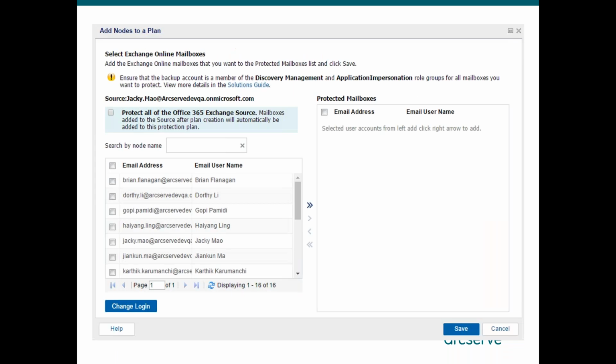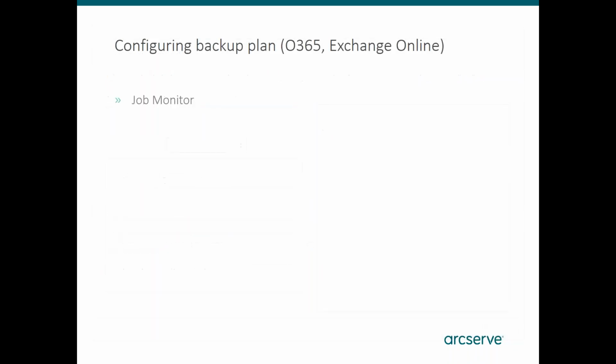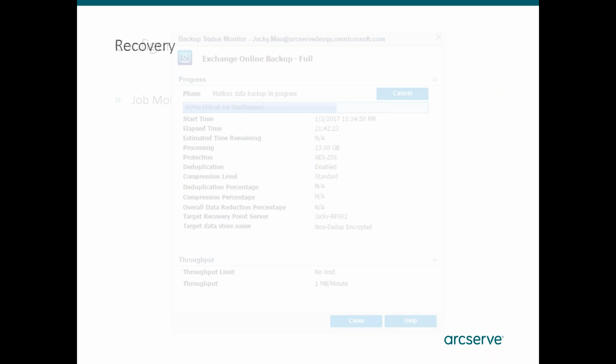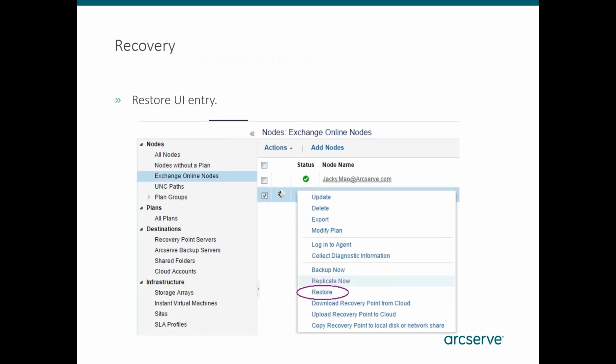And after the agent connects to the backend, to the Office 365 backend, we see a list of mailboxes here. So we will be able to select mailboxes to back up. And finally, we'll see just a normal conventional progress window. We are collecting this data, and we are storing this data somewhere.